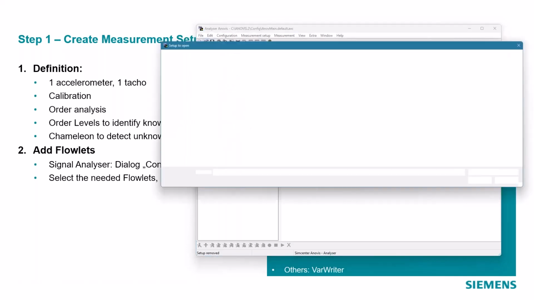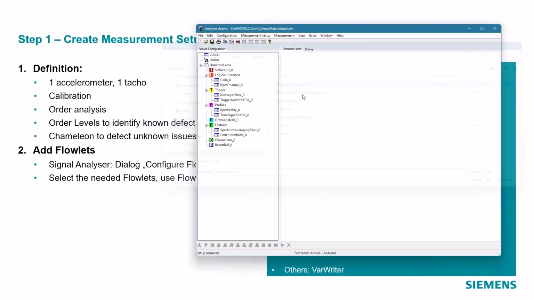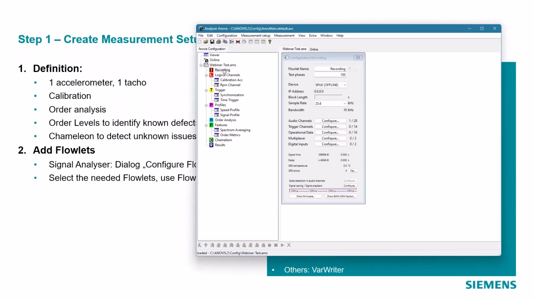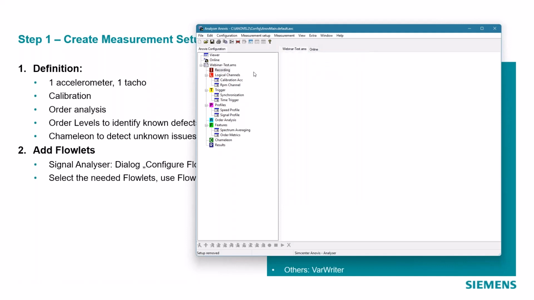So to make it a bit shorter, I already prepared the complete setup that is connected in the right way. And you see I also renamed the flowlets. When I click them together, some generic names are created by the software, but now I also typed in some names that make it easier for me to understand what I'm doing here. And so this looks a little bit nicer.